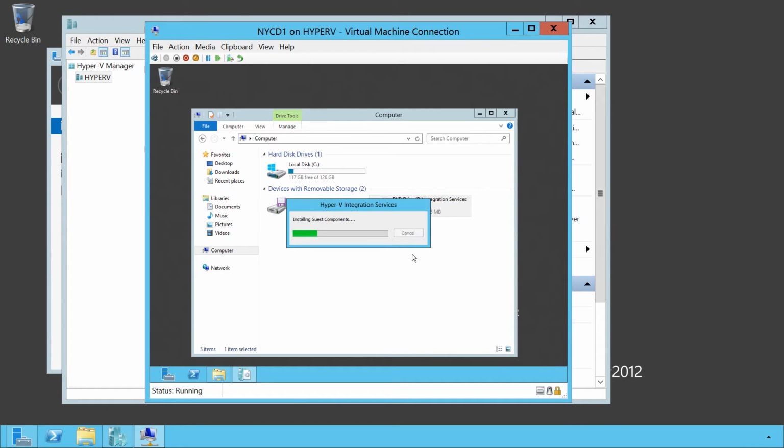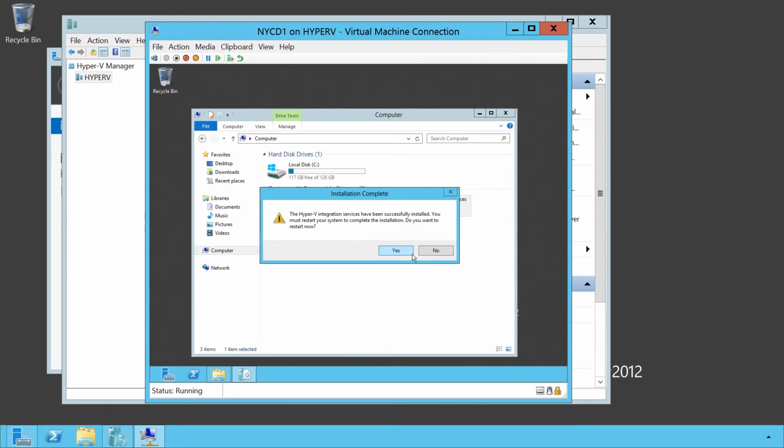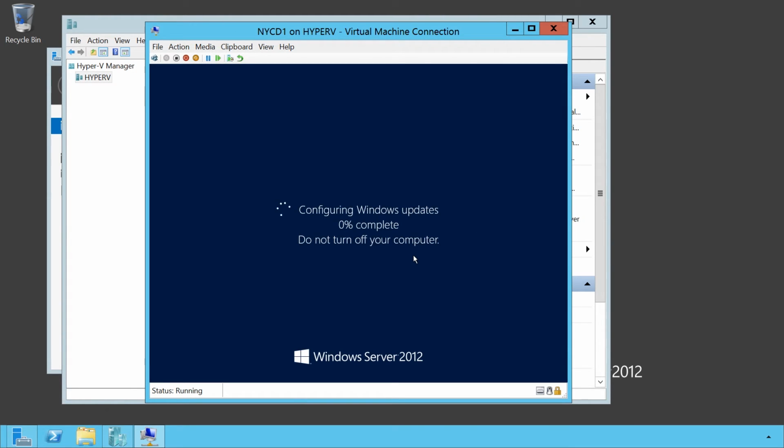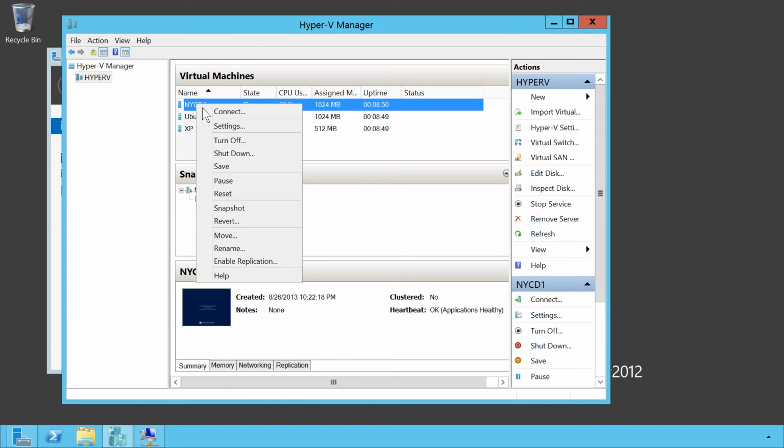The process is the same regardless of which version of Windows you are using. Integration Services is supported on Windows XP and Windows Server 2003 and above. On older operating systems, you may need to install a service pack before you will be able to install integration services. If you attempt to run the setup and the required service pack is not present, setup will let you know which service pack is required. I will now go back to Hyper-V Manager and allow integration services to finish the install in the background. To have a look at the settings that can be configured, I will right-click the virtual machine and select Settings.